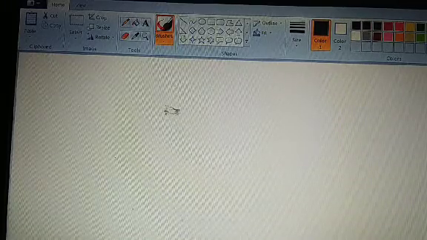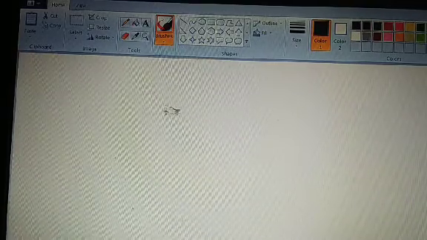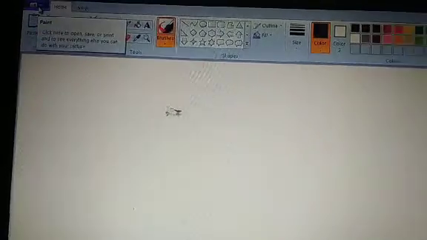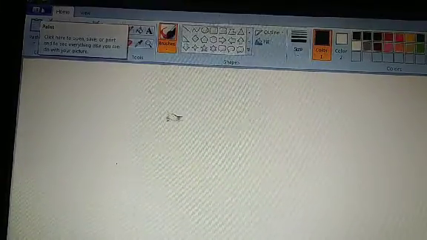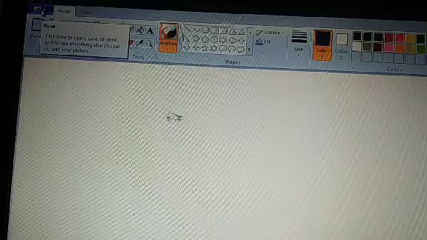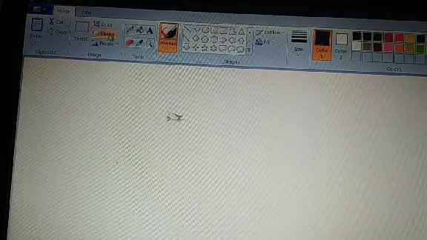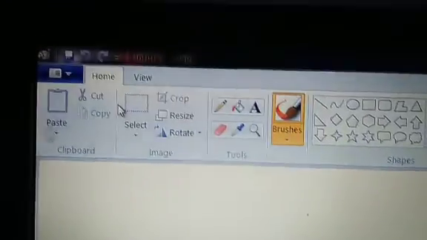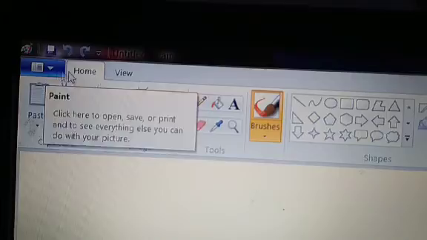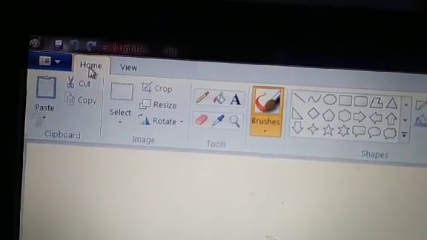Now see this blue button. Its name is paint button. This blue button is called the paint button, just beside the home tab.